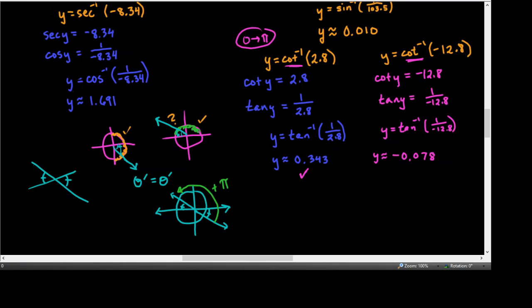You're going to go through the same process, but if it's a negative 12.8, a negative argument for cotangent inverse, and it's the only one you have to do this on, you're going to have to add pi before you're done. So I hope that negative 0.078 number is still in the calculator, and just hit plus pi and get what is the correct answer for this,